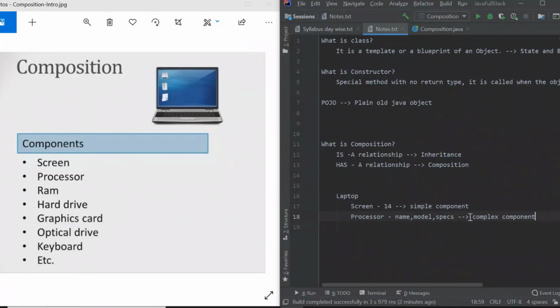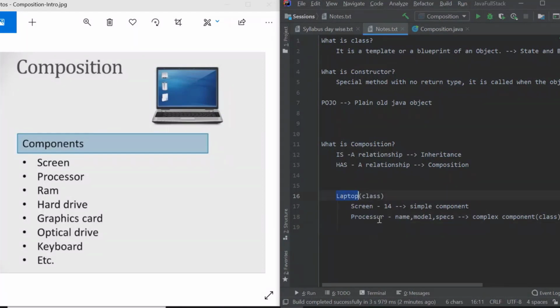To handle a complex component, we can make it into another class. Laptop is already a class, and one class has another class called processor.